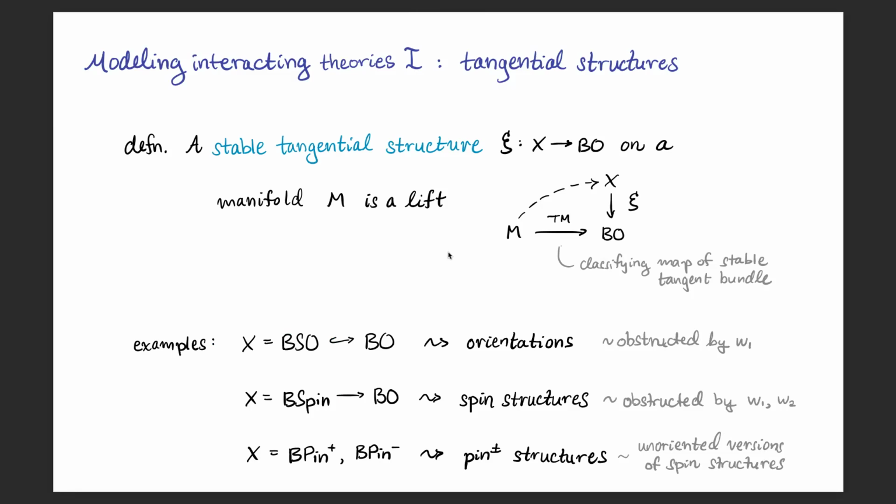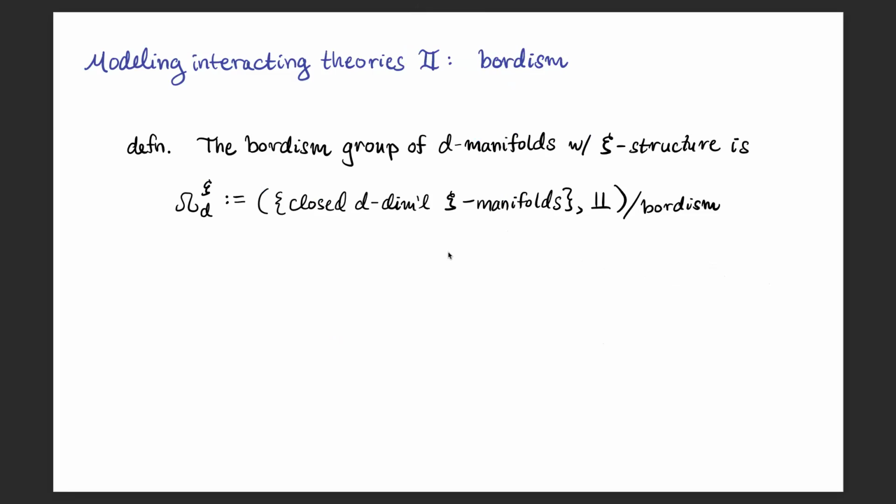So we can ask for these tangential structures on our manifolds to encode the symmetry type of our theory. Then what do we actually compute? So let me recall the Bordism group. So the Bordism group of d-dimensional manifolds with some kind of tangential structure